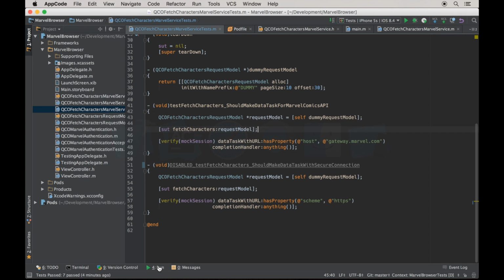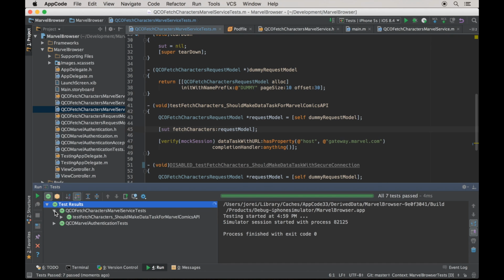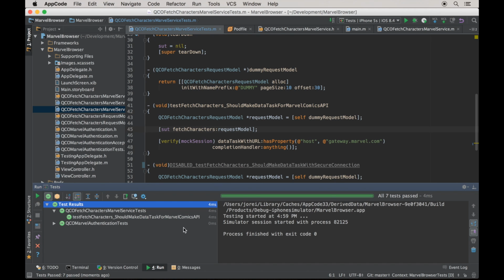Whereas in AppCode, I Control R to run the current configuration, which is set up to run my unit tests. And there it shows me a lot more information. It tells me that 7 tests passed in 4 milliseconds. All tests passed. It's not showing me any failures, but I can dig down easily to see what the passing tests were. I can also see how long each test took so that I can judge whether a test is too slow or not. Pretty handy.